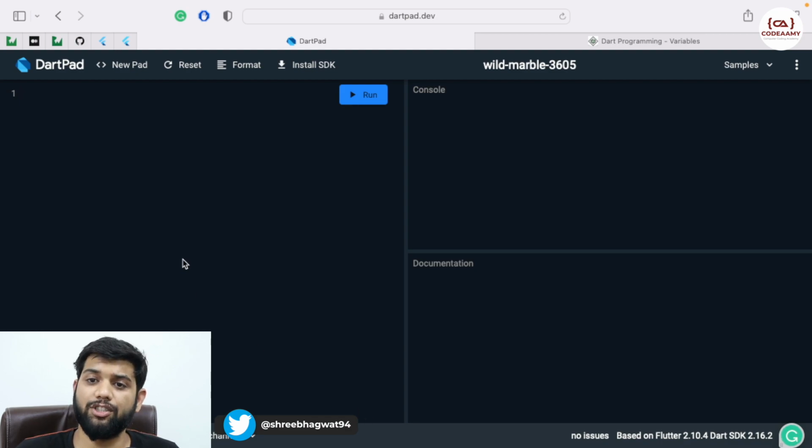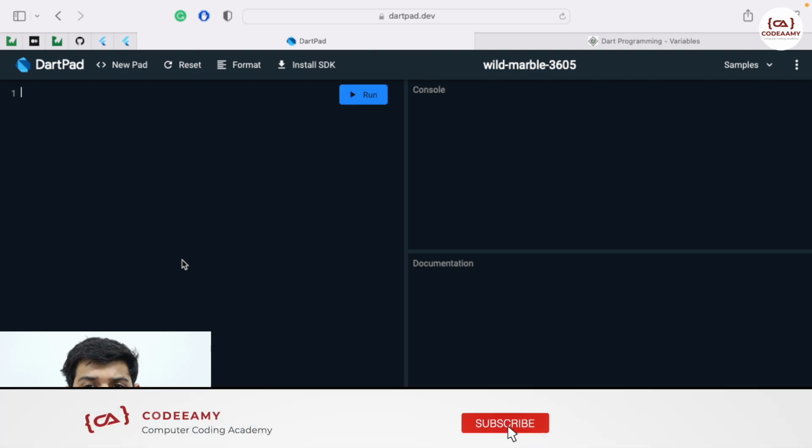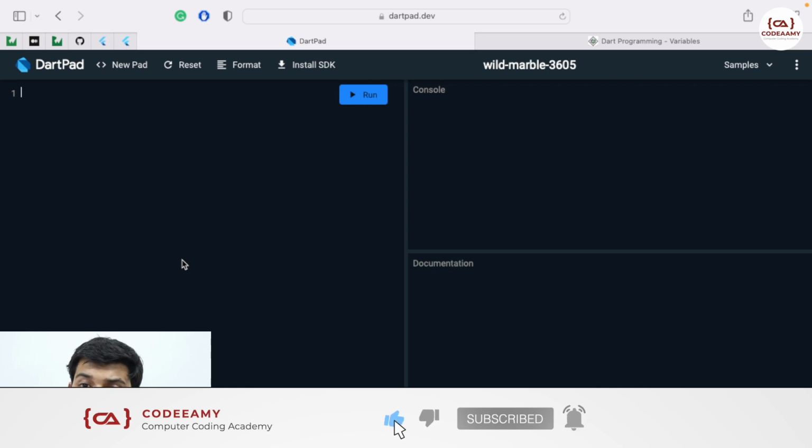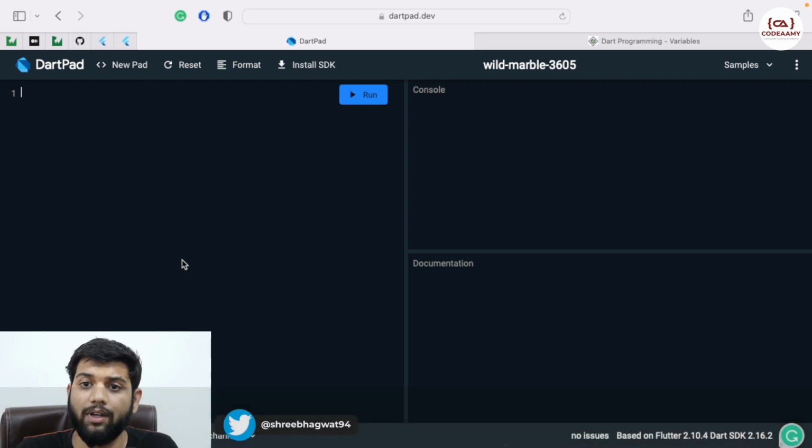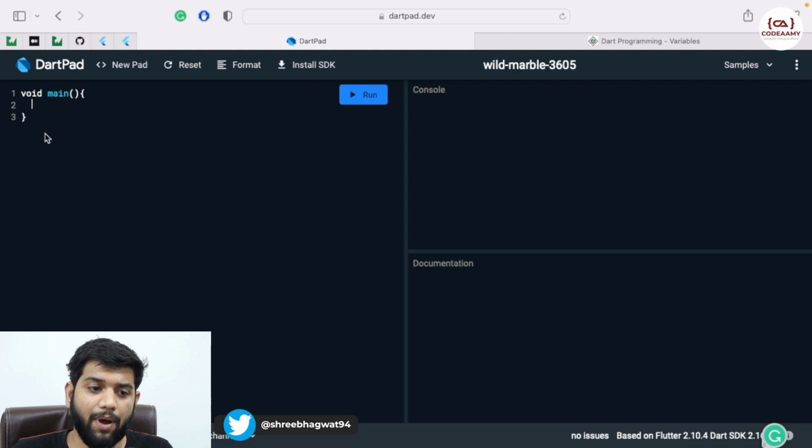In our previous lecture, we used a print command to print hello world into our console. Let us first do that again. As I taught in the previous lecture, our Dart pad requires a main method. So let us start with creating a main method. So void main. This is where our entire application in Dart pad will reside. Okay, so this is our main method or main function.